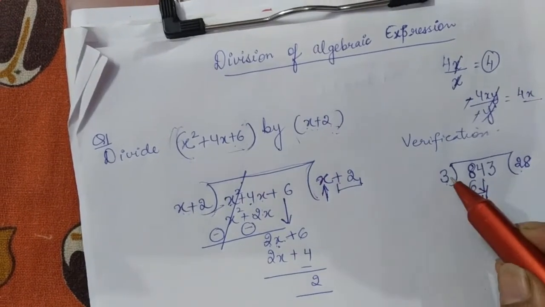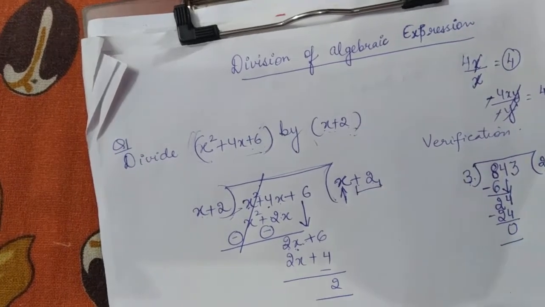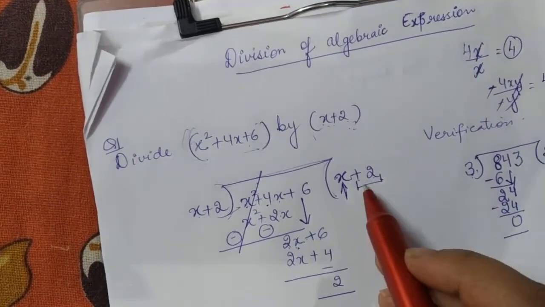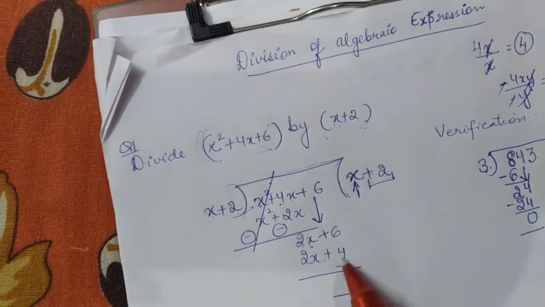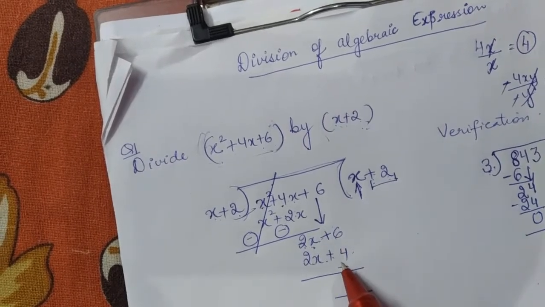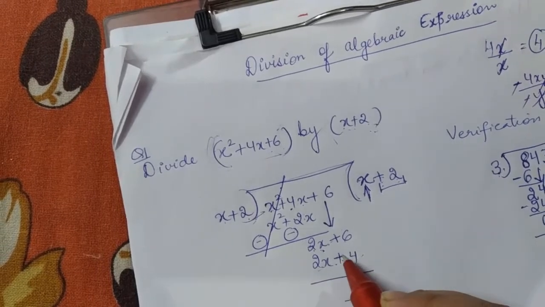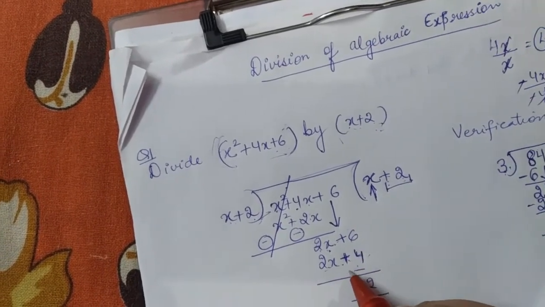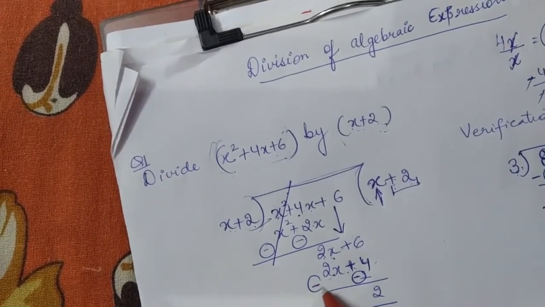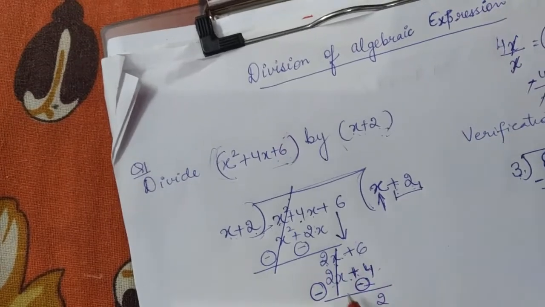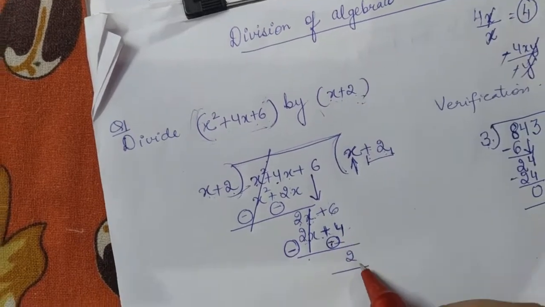Like here, 8 into 3 is 24, and then we again subtract and we reach one conclusion. Similarly over here, plus 2 multiplied by x is plus 2x, and plus 2 multiplied by plus 2 is positive 4. As usual, now again we will go to subtraction. 2x, sorry, let's change the sign first. Positive sign is here with 4, so its new sign will be minus. This 2x is also positive, so its new sign will be minus. This term is completely cancelled, as plus 2x is there and minus 2x is there, so it will be 0. And 6 minus 4 is 2.